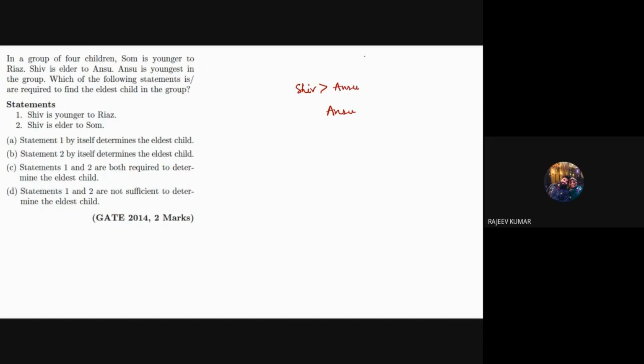सेकंड थिंग इज गिवन इज सोम इज यंगर देन रियाज, so रियाज इज गोइंग टू बी एल्डर देन सोम। सो अगर हमारे पास एक और डेटा दिया जाए जिसमें शिव अंशु की या सोम शिव की बात की जाए, तो दैट विल बी इनफ। तो अगर यहाँ पर दिया हुआ है स्टेटमेंट की मैं बात करता हूँ, शिव इज यंगर देन रियाज, तो रियाज इज एल्डर देन शिव। यहाँ से मुझे मिल गया देखो कि रियाज जो है वो सोम से भी बड़ा है, रियाज जो है वो शिव से भी बड़ा है, और अंशु तो सबसे छोटा ही है। तो यहाँ से मुझे पता चल जाएगा दैट रियाज इज द एल्डेस्ट वन। सो द फर्स्ट सेंटेंस इज इनफ टू आइडेंटिफाई कि हमारा एल्डेस्ट चाइल्ड कौन सा है।